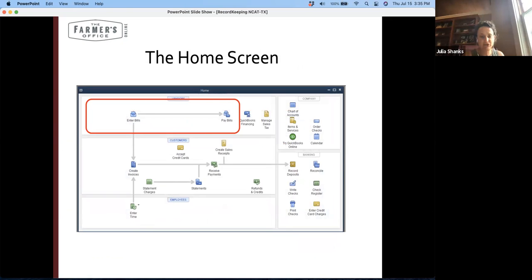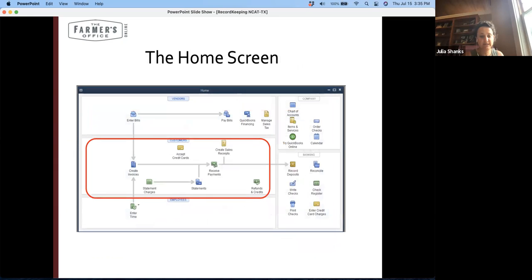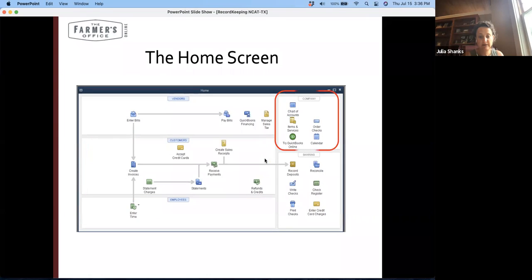You have the vendor section where you can enter bills and pay bills. You have the customer section where you can create invoices and sales receipts. You have the company section where you have your chart of accounts and items and services. You have the banking section where you can record deposits, write checks, enter credit card charges. Somebody asked about reconciling, and I'm delighted to discuss reconciling in the one-on-one coaching. I think it'll be a bit too much of a beast to try to cover it today or in this